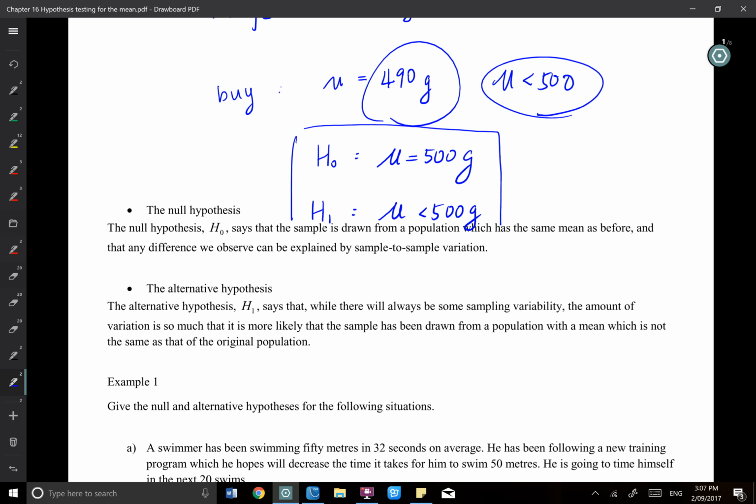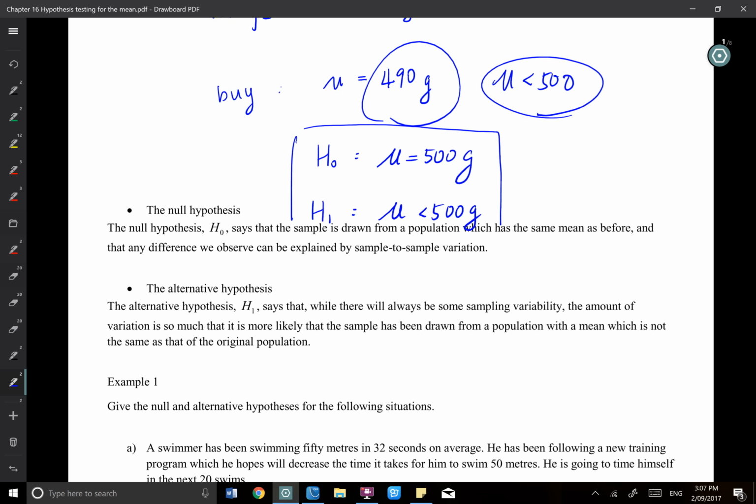Okay, so basically what the sentence is talking about is that the variation is too much. For example, I have 500. If I have 500 as the mean, and the probability of getting less than 490 is 95%, or even 99%, it's quite high. It's very easy to get that. So we are not rejecting H0. But say if the probability of getting less than 490 is really a low chance, it's only 1%.